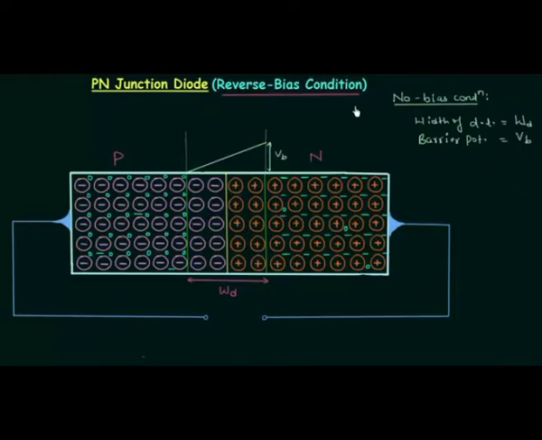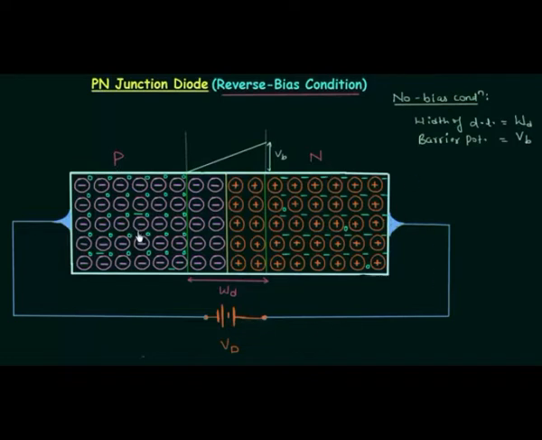Now we will move to reverse bias condition, and we will connect negative terminal of the battery to the P side and positive terminal of the battery to the N side. So let's do it quickly. This is the negative terminal of the battery and this is the positive terminal, and we will connect positive terminal to the N side. Now this is the reverse bias condition of PN junction diode, and let's say the reverse bias potential is equal to VD,